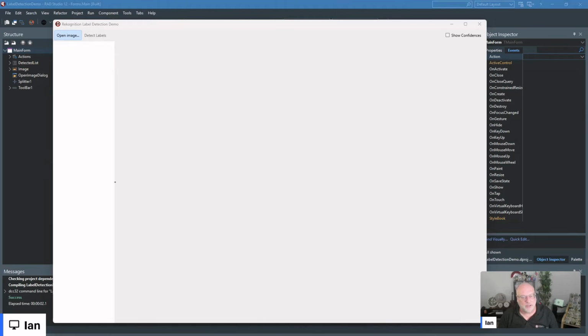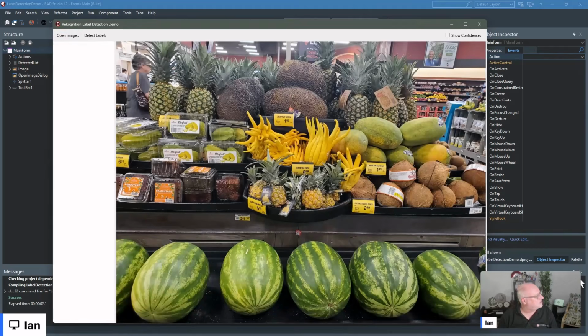Okay, so I'm going to pick up this image, and this is an image that I took myself. I think I was in the UK at the time. Yes, I was. I can tell by the pounds and all the rest of it. And it's a market. It's an open air market. And the reason this is a good picture to test on is because it's got some weird fruit in it, amongst other things. And so what I'm going to do is this is calling an AI app that is another